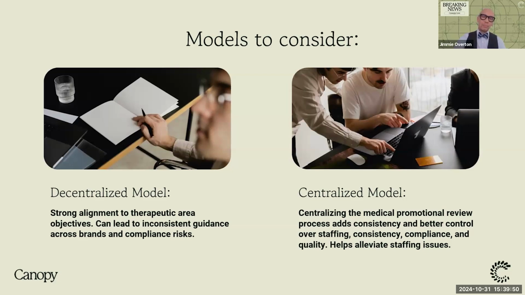But on the other hand, my favored model is the centralized function, which I have seen firsthand significantly improves consistency and guidance across TAs, increased awareness because they report to a similar team, and they're more flexible from a staffing standpoint. And here I'm speaking about resource allocation. Again, what happens when one therapeutic area is 4 years away from their next launch and their campaigns are pretty much a steady state, but your other reviewer in a completely different therapeutic area is drowning with 2 new approvals? How is it that you can better manage the resources that you have?